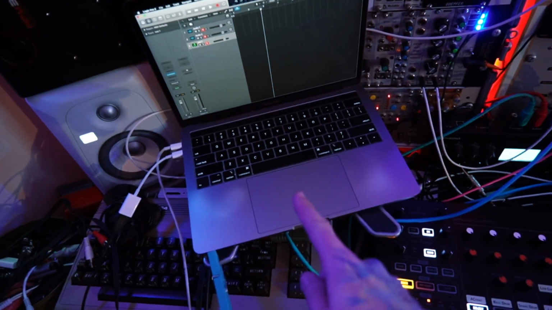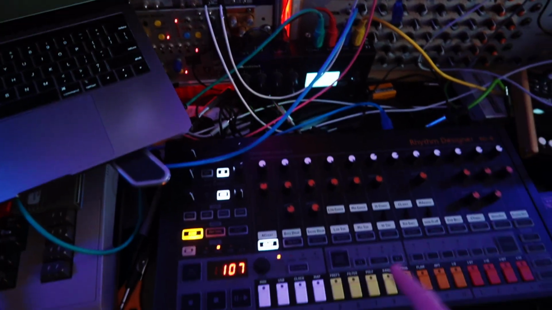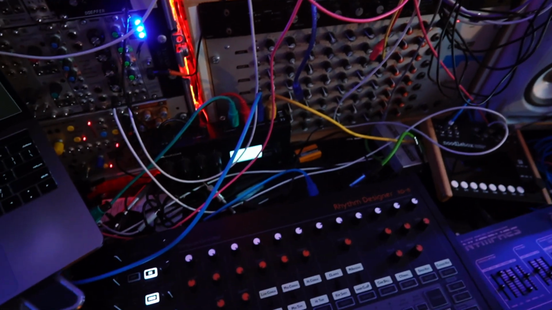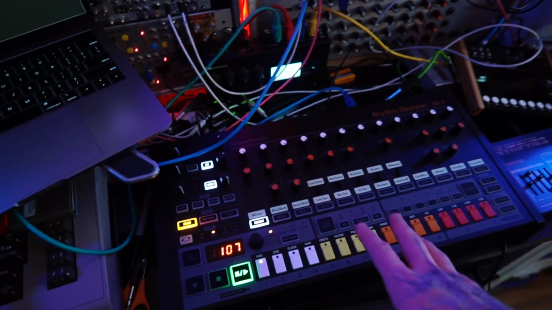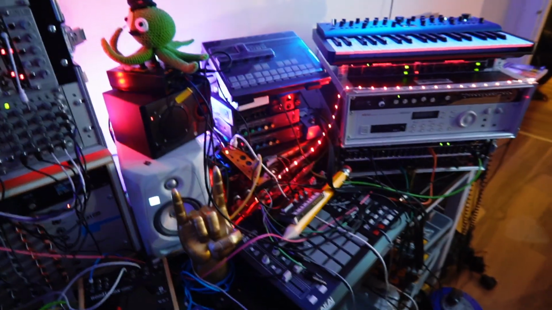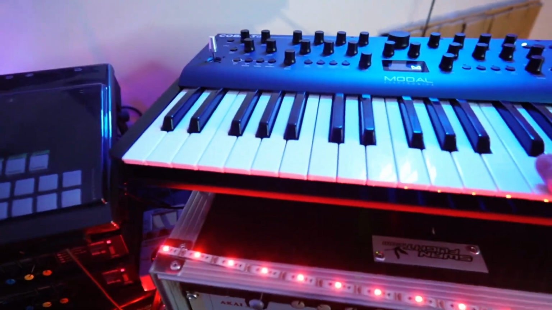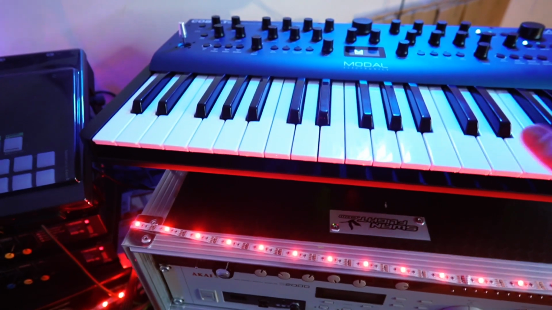I've got Logic here. It is running into my ERM multi-clock, which I talk about all the time, but that's how I sync up everything. The clock is then going out into this Behringer RD8 drum machine. Then I'm going to just record a bunch of patterns on this. At first it's just going to be a really basic pattern, and then I'm going to play some things on the Cobalt 8 because there are some really weird and wonderful presets in here. I should say this is also synced up to the clock, so it should all play in time, but if you listen to this, for example,